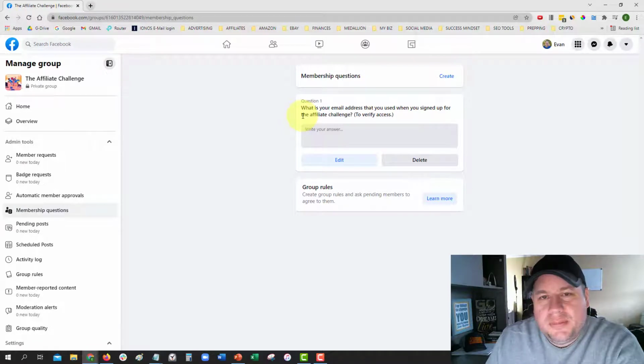So I'm going to compare their email address with my list that I have, and that will be a prerequisite to get them into the group and to join, just to make sure that they're there. And you can add up to 2 more questions, and you can ask any other question that you want, to get more information about your